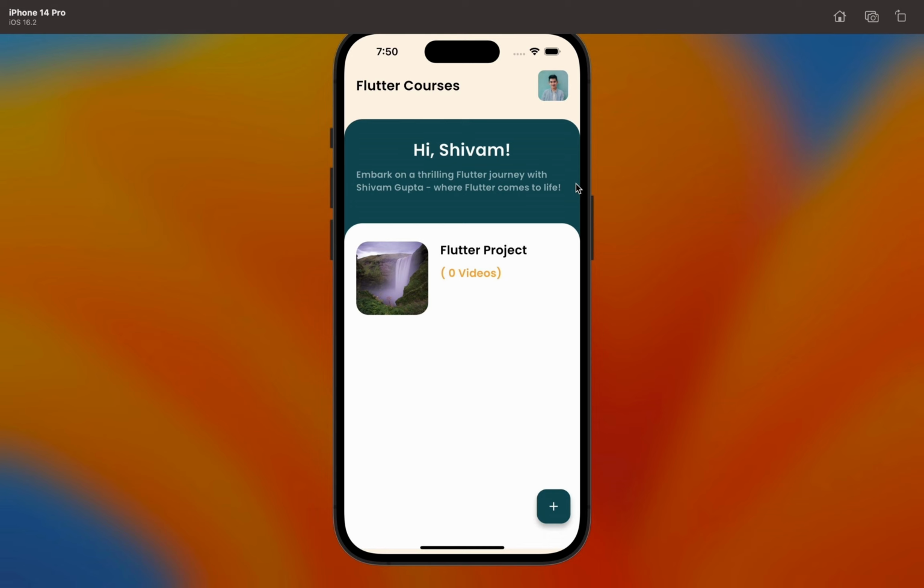So here you can see the app where at the top it shows the app name, which is Flutter Courses, and on the right side of the screen you can see the user picture. Now just below it there is a username, which is Hi Shivam, and in the same container we have shown an app quote: embark on a thrilling Flutter journey with Shivam Gupta where Flutter comes to life. So do not need to worry, I will tell you each and everything on how to create this awesome UI